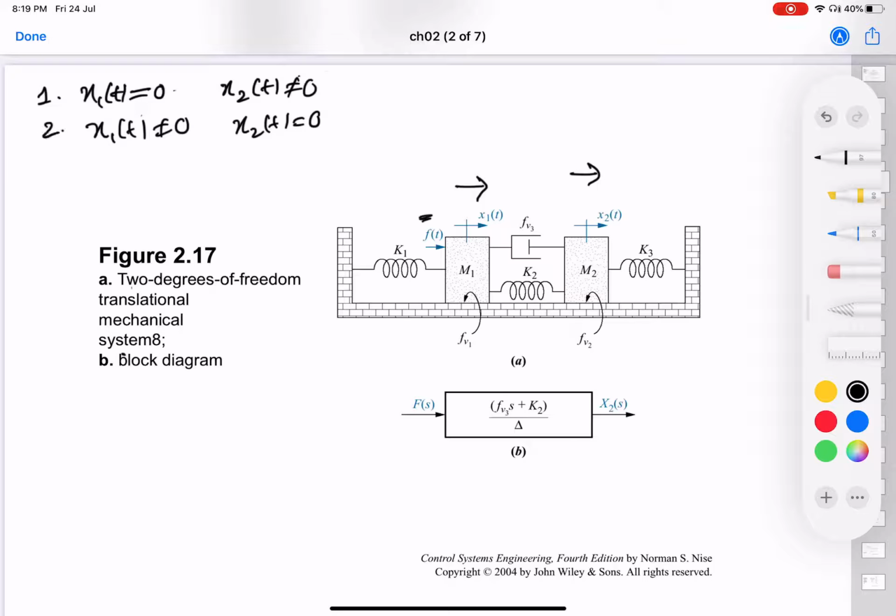So these are two cases, and the total force that will actually act on both the masses can be obtained by summing up the forces that we get here and summing up the forces that we get here, on both the masses. So this is the procedure that we'll be doing in this. So let us look at the